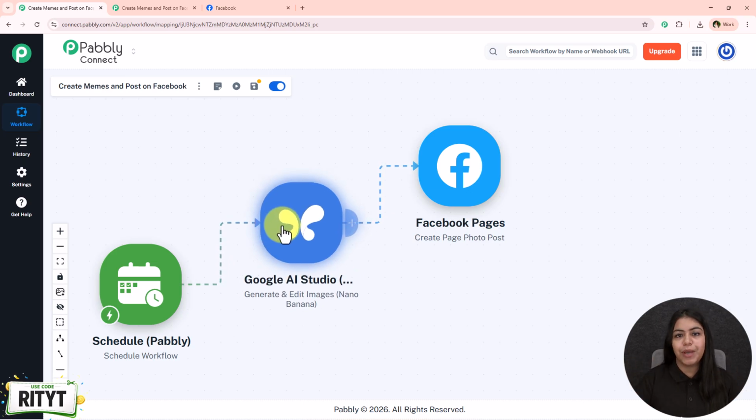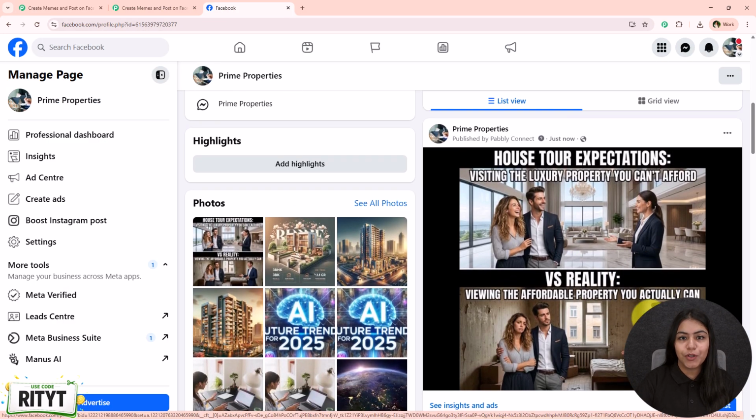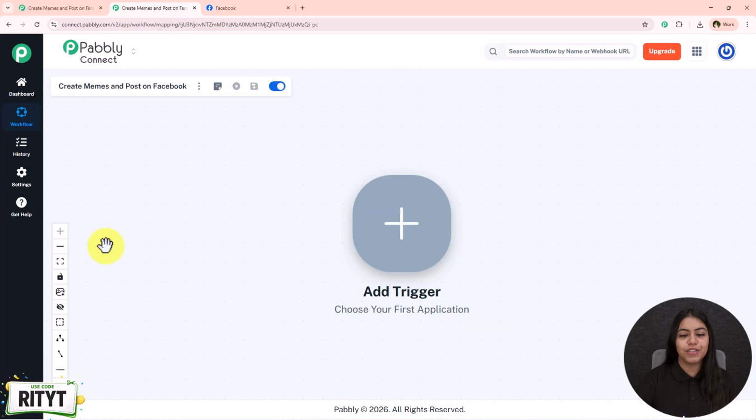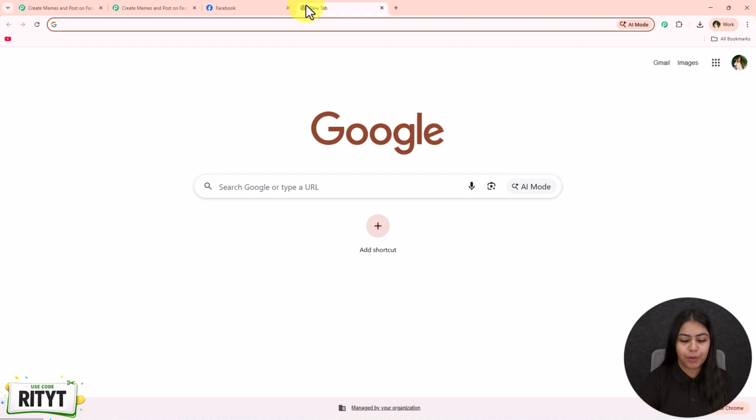You don't have to do anything, just create this automation, then sit back and relax, and memes will automatically be posted on your social media platform. So to do this you just have to open your workflow builder inside Pabbly Connect if you are an existing user like me. But if you are a new user, open a new tab and search for